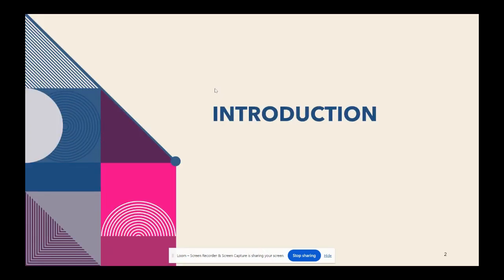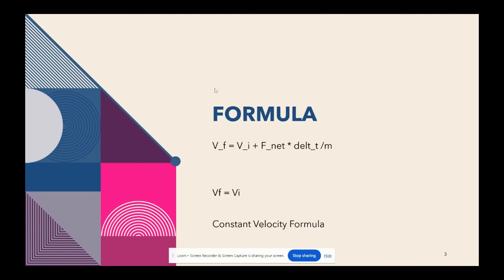So for introduction, this lab was all about measuring constant motion. And in order to do that, we have to understand Newton's first law, which is that an object will continue its state of motion as long as another force is not acting upon it. And so that goes into this one with velocity, because we are assuming a ball has constant velocity, and we